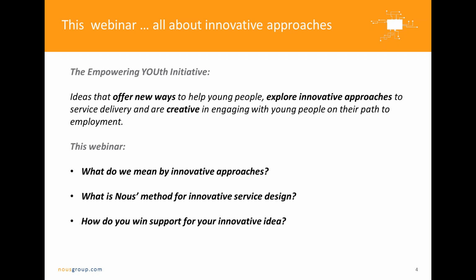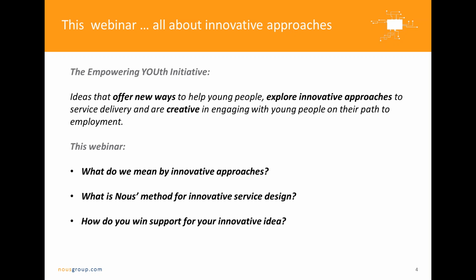When people talk about innovative approaches, that now has quite a distinct meaning. So in response to that challenge, we thought we'd like to cover, so what do we now mean by innovative approaches? If you're pitching a proposal, what should you be reflecting or paying attention to? What's our method for innovative service design?